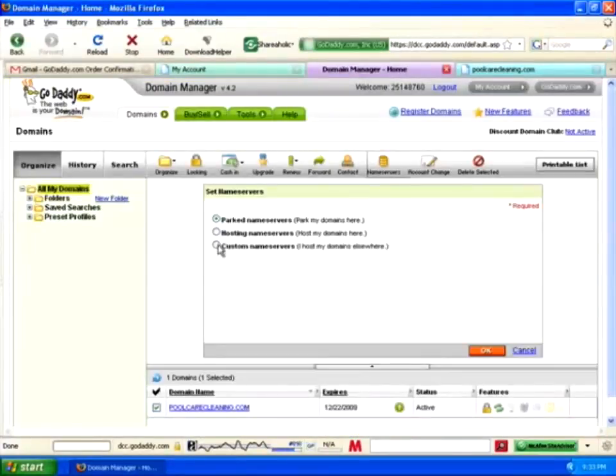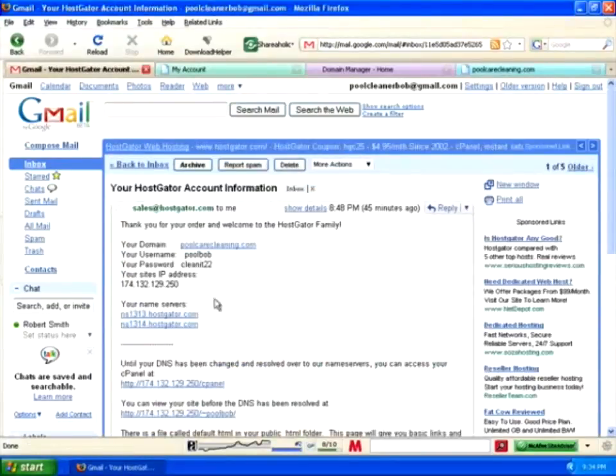But what we're going to do is change it to custom name servers, where I host my domains elsewhere, which is what we're doing right now with HostGator. So choose that, and they'll show you, okay, these are the current ones it's set to. What we need to do is go back to our email and find our HostGator information here. Okay, there we go. And we can take these